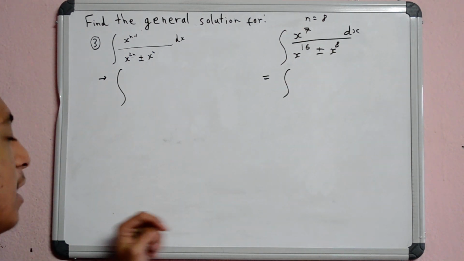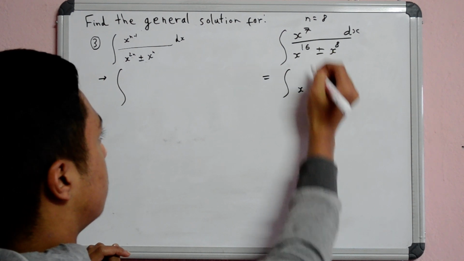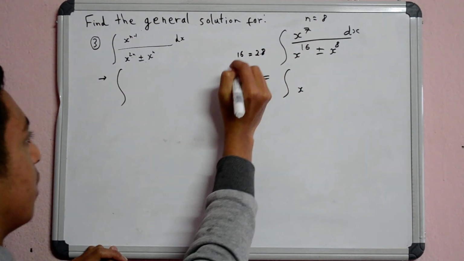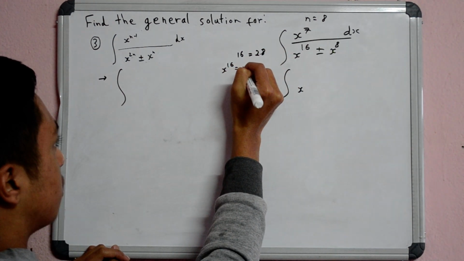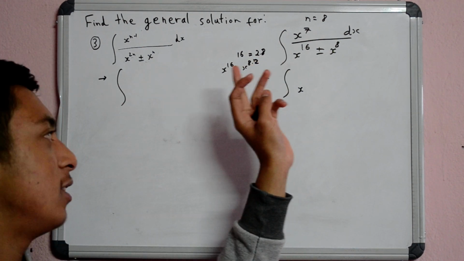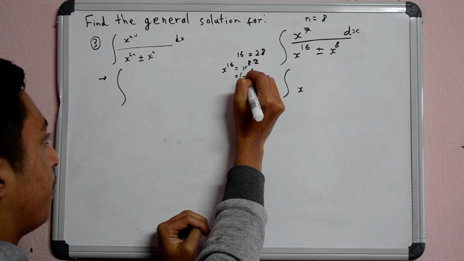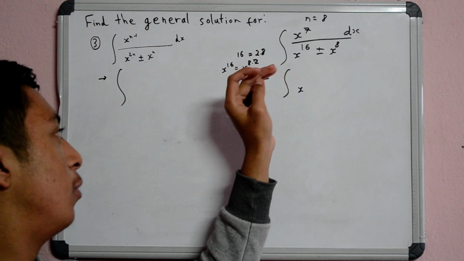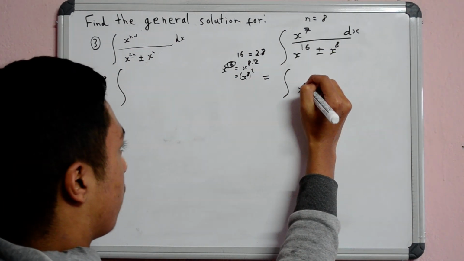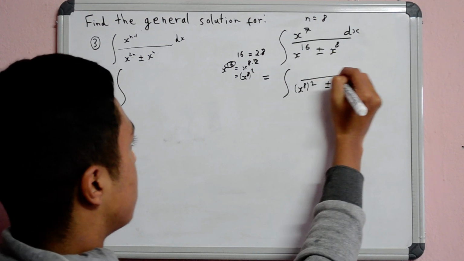Now, instead of x to the power 16, you can write it as x to the power, well, this 16 is just 2 into 8. So x to the power 16 equals x to the power 8 into 2. Now, using the indices law, we can rewrite this as x to the power 8 whole square, because the 2 will just come down and multiply with the 8, giving us the 16 back. So this is the x to the power 8 whole square plus minus x to the power 8 by x to the power 7